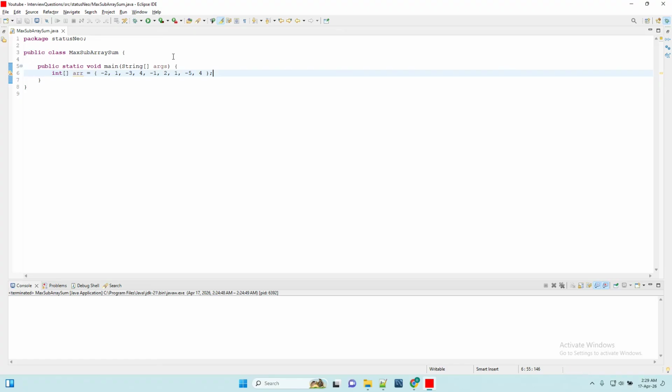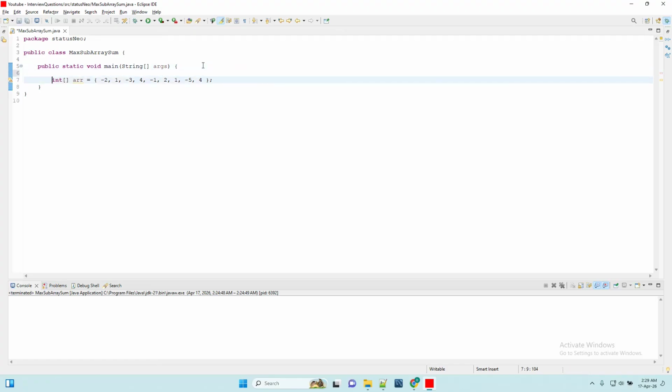I've already copied one array. I have taken one sample which has negative numbers also. We have taken this one to follow the Kadane algorithm, to follow the proper process. Okay, so first